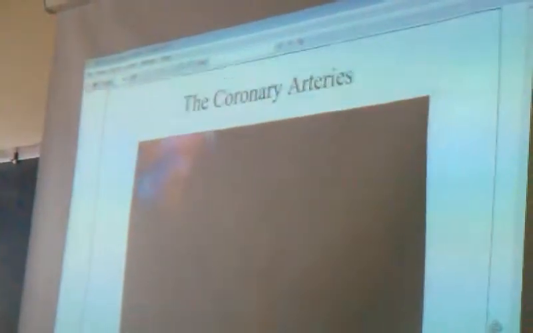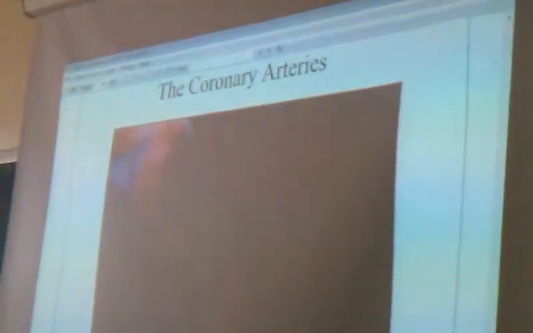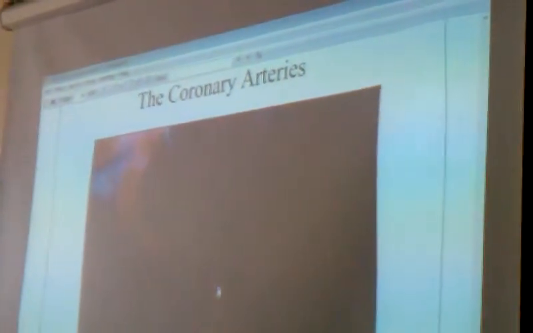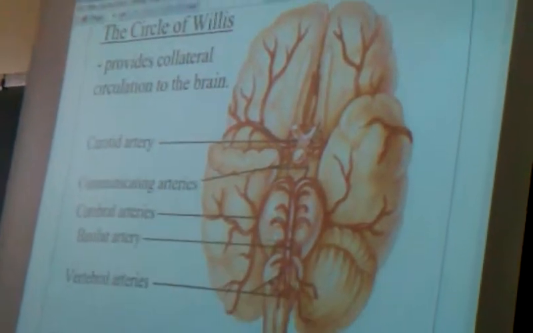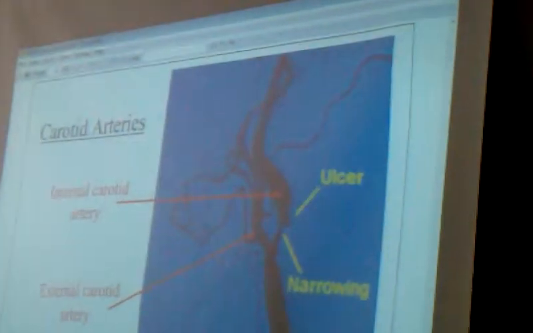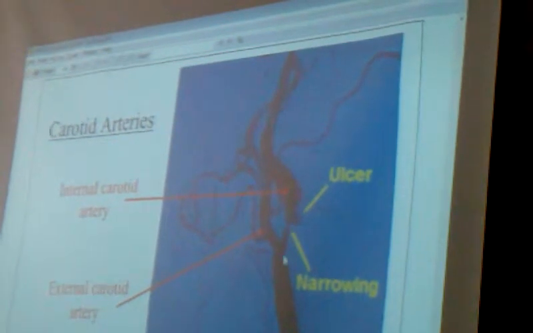Oh, this is interesting. This is actually a blocked vessel, a coronary vessel. You can see the blockages here, black areas. Here it is, circulation to the brain. Here's the narrowing of a vessel. This is the result of